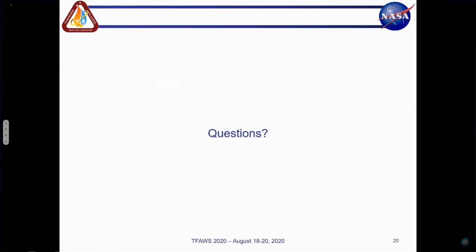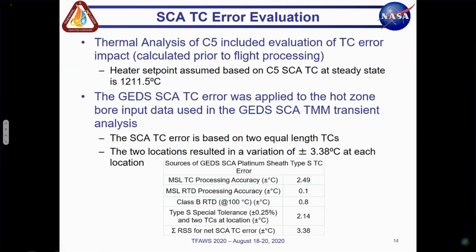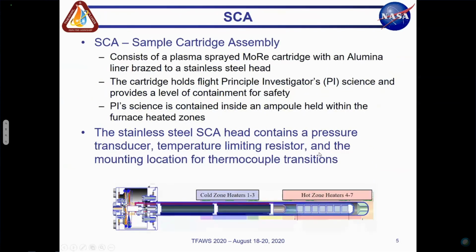The PI after that is Dr. Frick with Stanford. She is doing, I think, liquid phase crystal growth. Then we have a Dr. Hoffman, out of California. He might be at JPL, and he is doing another liquid phase sintering. So all the PIs have more or less different processes for what they would like. But it's still the same basic cartridge assembly? The cartridge is exactly the same.